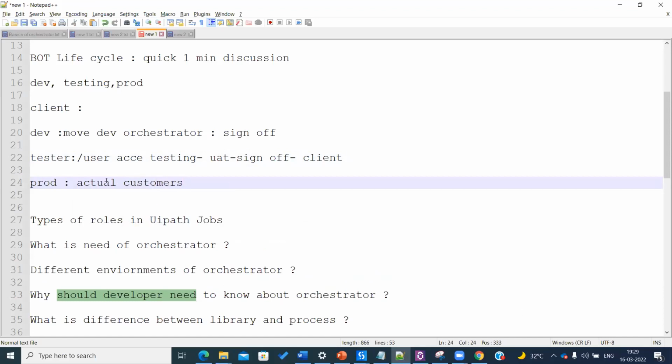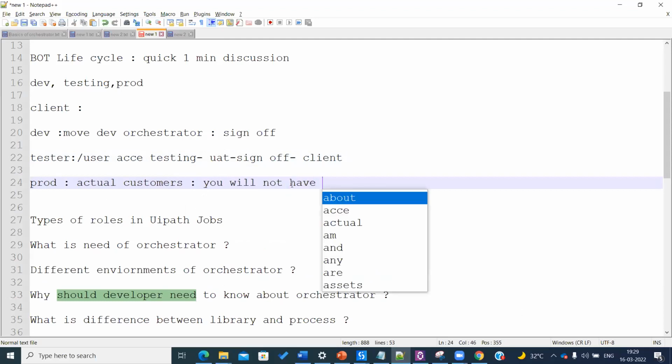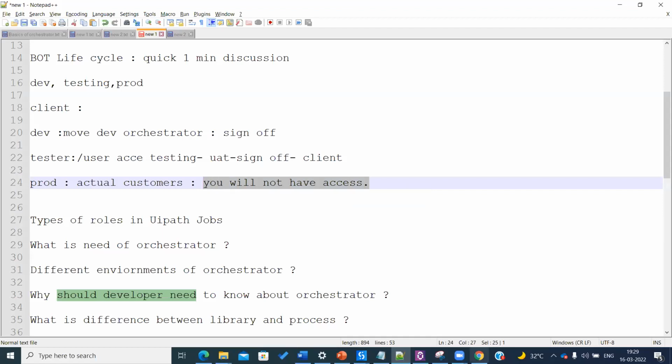So this particular production access, you will not have access. Why am I saying this? You will not have access to production orchestrator, which means, let's say, a robot is dealing with live customers. Let's say you're working in a bank, let's say ICICI Bank. Now your robot is retrieving the customer balance, the customer phone number, customer address, which is very confidential, right? So when your robot is retrieving the customer address, balance, and all of those things,